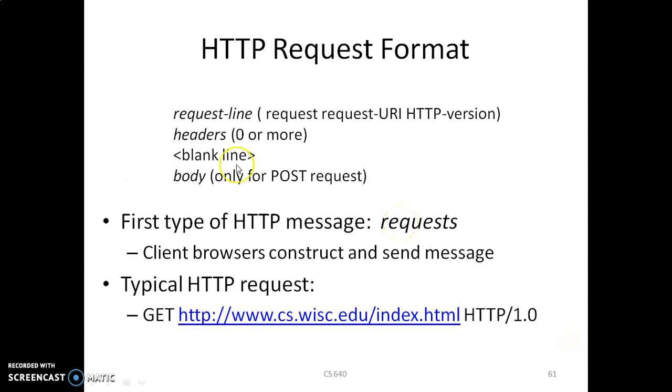Now the HTTP request format. First is the request line, where the request URL and HTTP version are used. Next are the headers, zero or more of them, then the body. The first type of HTTP message is requests. The client browsers construct and send the message. A typical HTTP request can be shown by GET HTTP